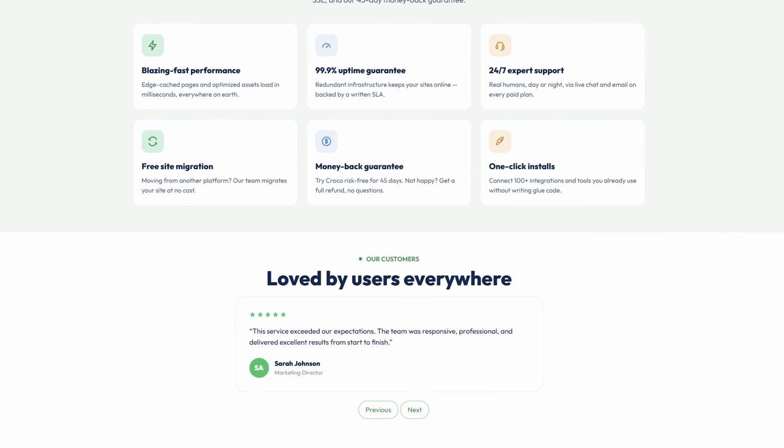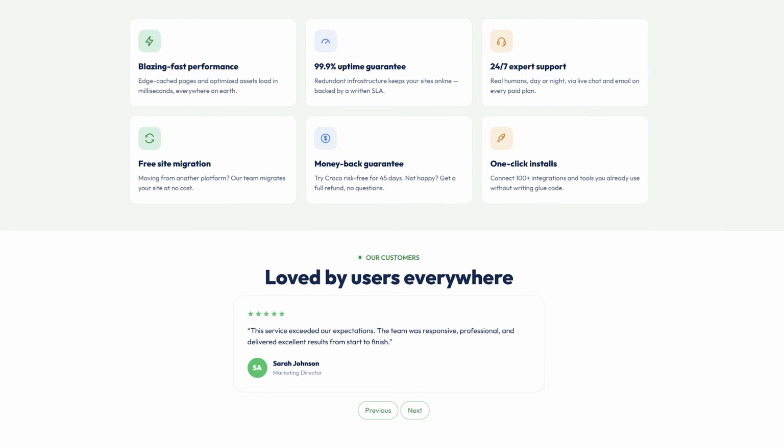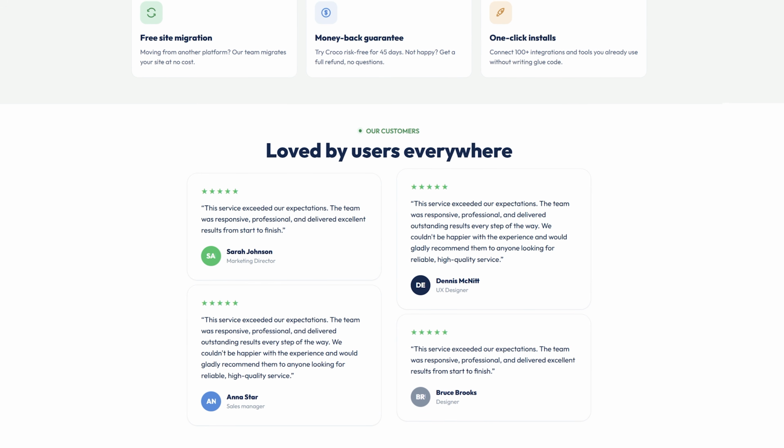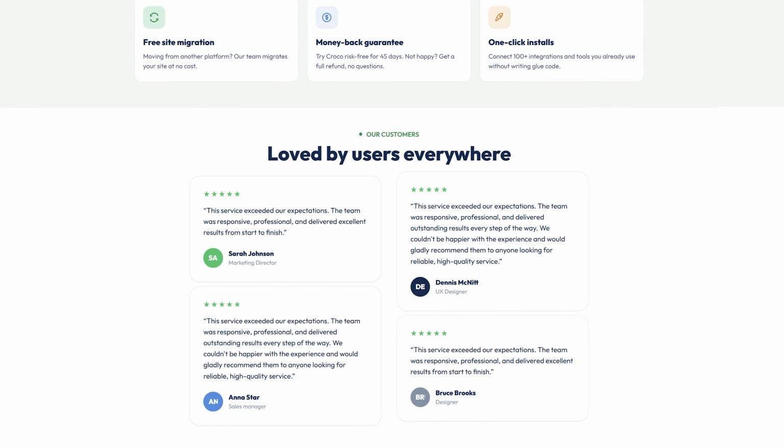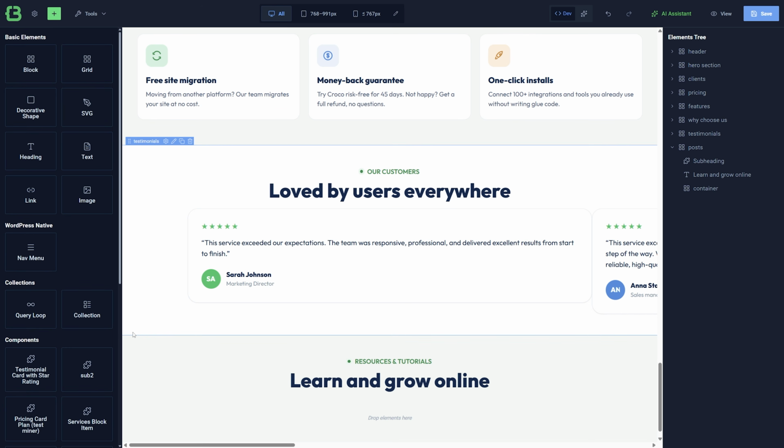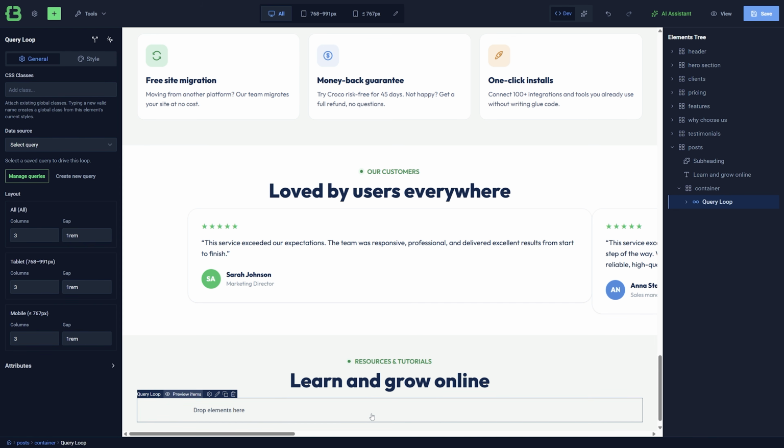One tool, multiple layouts, context-aware controls. Everything you need to build and style your content exactly the way you want. Now let's bring dynamic content into the page, and this is where the query loop becomes incredibly useful. It displays dynamic content from any query you create, and the queries can be selected from existing ones or created